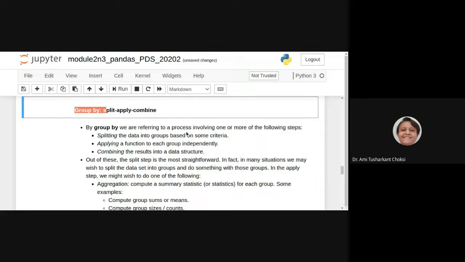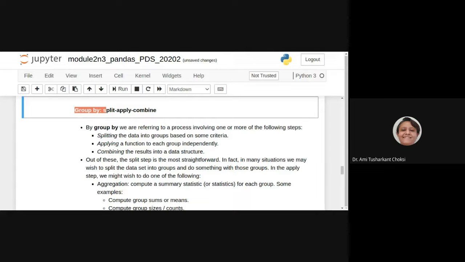We are referring to a process involving one or more of the following steps. Which are the following steps? They are splitting the data into groups based on some criteria, applying a function to each group independently, and combining the results into a data structure, right?